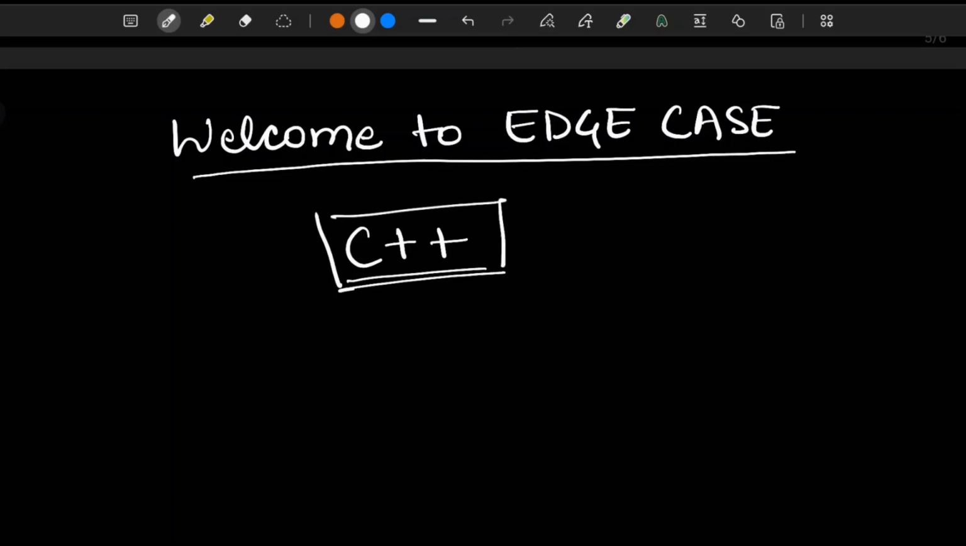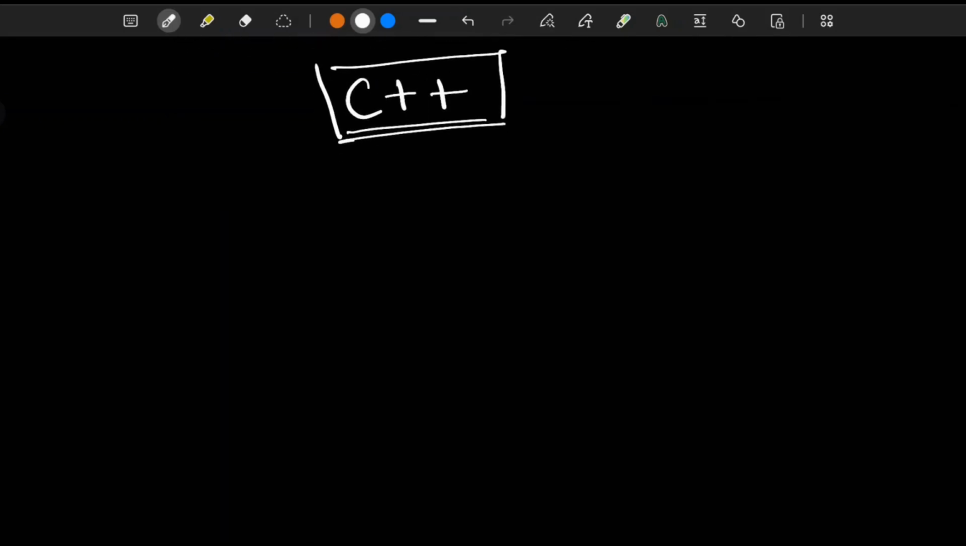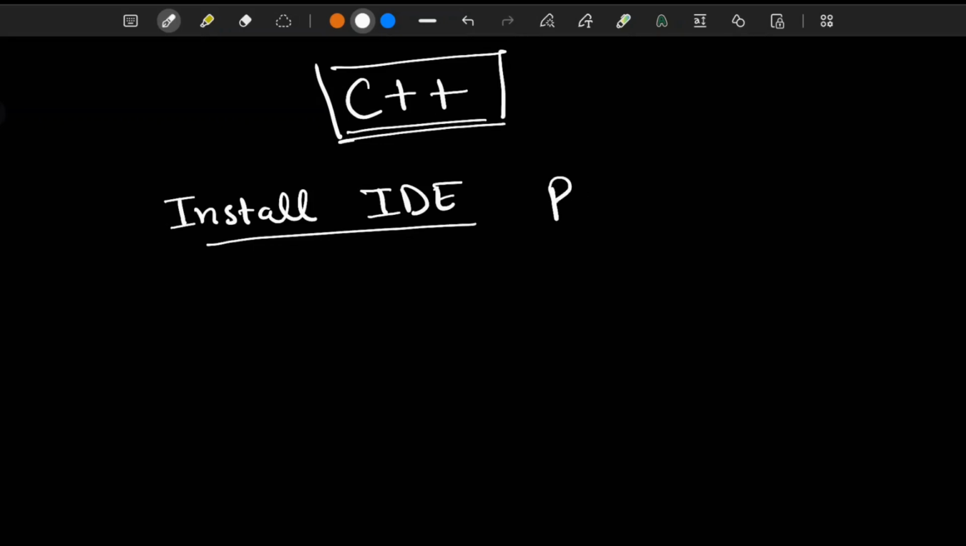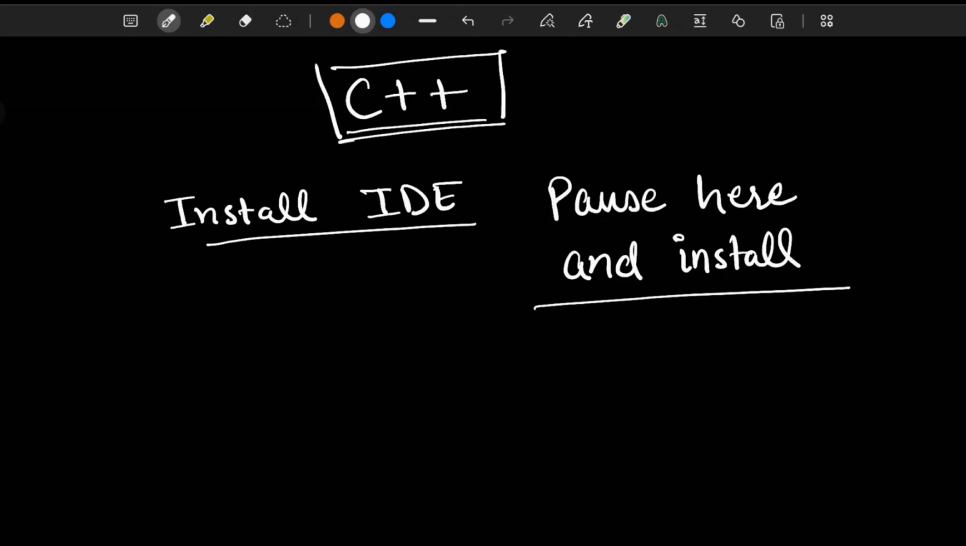So before we get to the theory, let's get you started. I assume you have an IDE like VS Code or Sublime Text or any IDE you have. But if not, please pause the video and set it up now. Now, let's make sure your C++ environment is ready to compile and run your first program. All right,